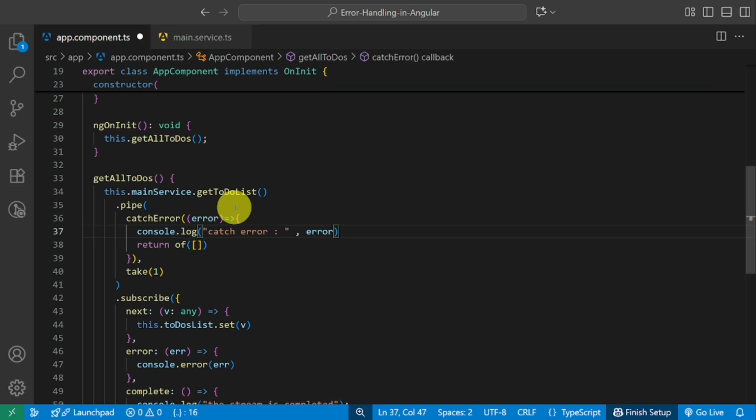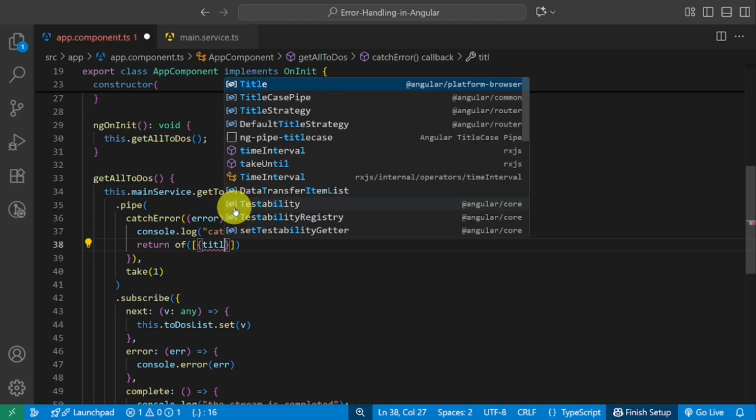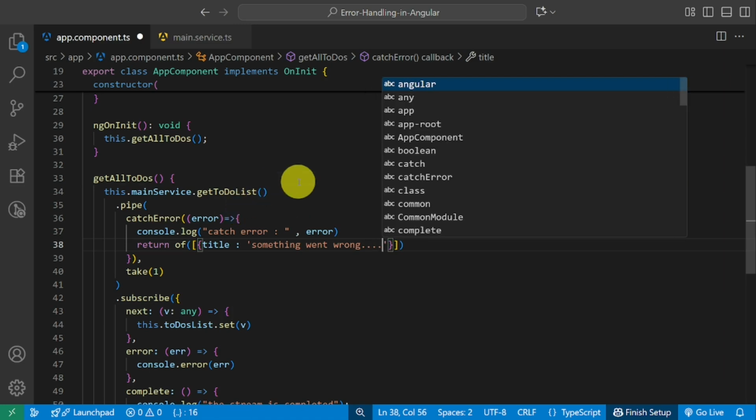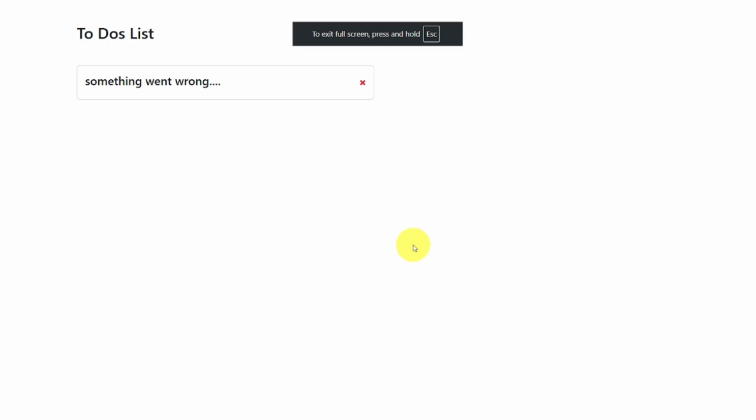Now as I told you earlier, inside the of that makes the observable, I just put an object with a property of title. Fantastic. Now in our UI, you can see the message of title here.